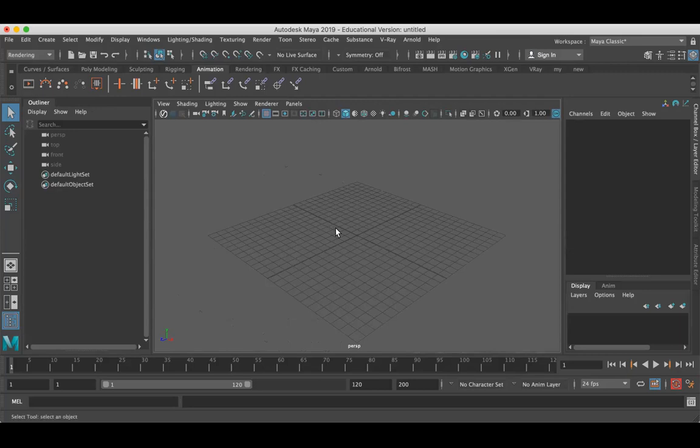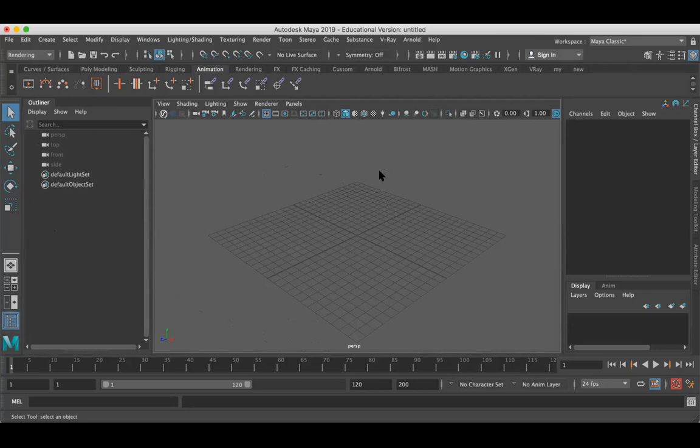Outliner means whatever things you add inside the scene will be listed in the outliner. If you have 100 objects, you can find them in the list view of your scene.